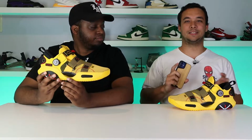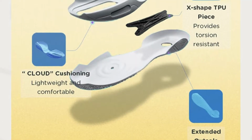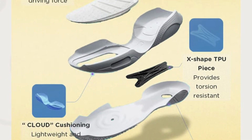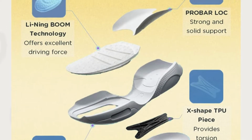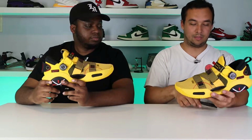So, like I did in the Anti-KT7, I'm gonna start with the outsole and work my way up. Just a regular rubber outsole. But then you have an X-shaped TPU for torsional rigidity so you don't overflex your foot. This yellow portion right here, I know it's hard with all the yellow, but bear with me, that is the cloud foam. And what's housed in that is